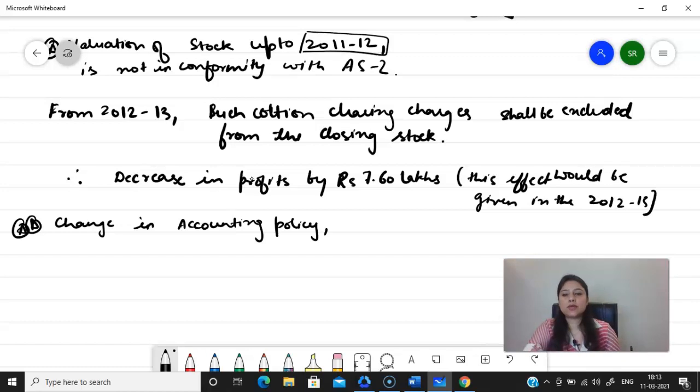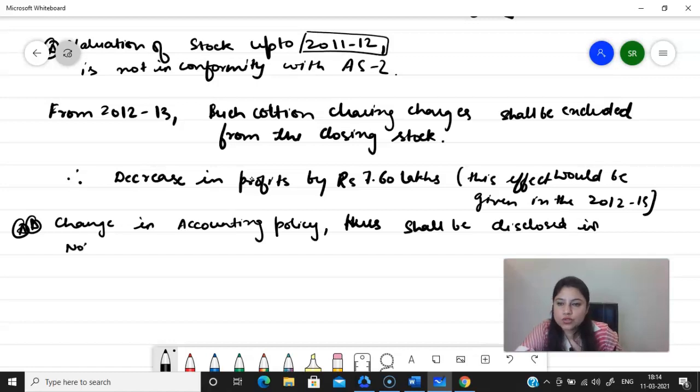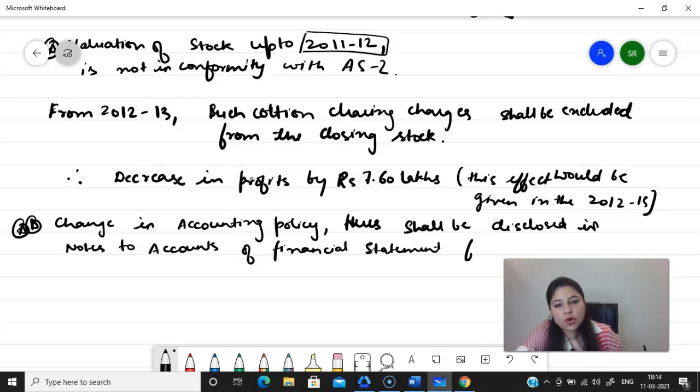So this is a change in accounting policy and thus shall be disclosed in the notes to accounts of the financial statements for the year